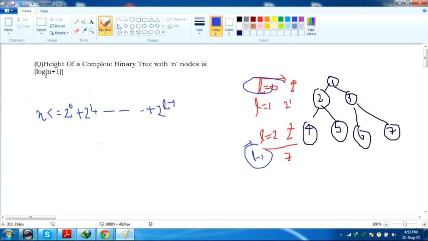Now you must write this. Now to prove this, say what is the total number of nodes where the height is 1, where the height is 2, where the height is 3. Simple trick. To know the number of nodes where the height is 1, you should write 2 to the power the height which I am talking about. If I am talking about height 1, then 2 to the power 1 minus 1, you will get the number of nodes. Up to height 1, the total number of nodes is 2 to the power 1 minus 1, that is 1, right?